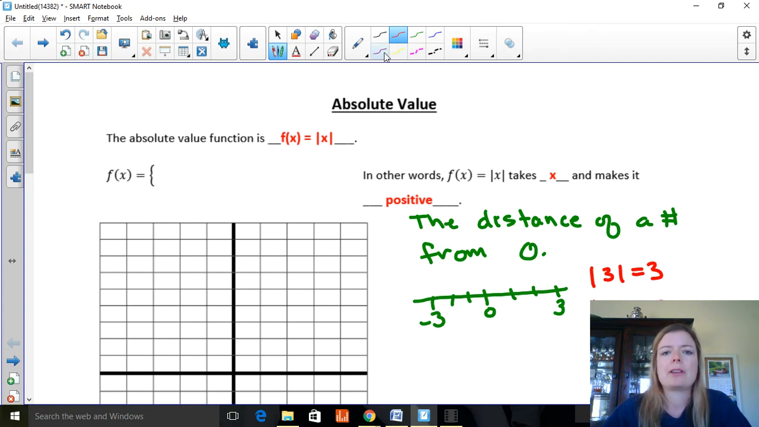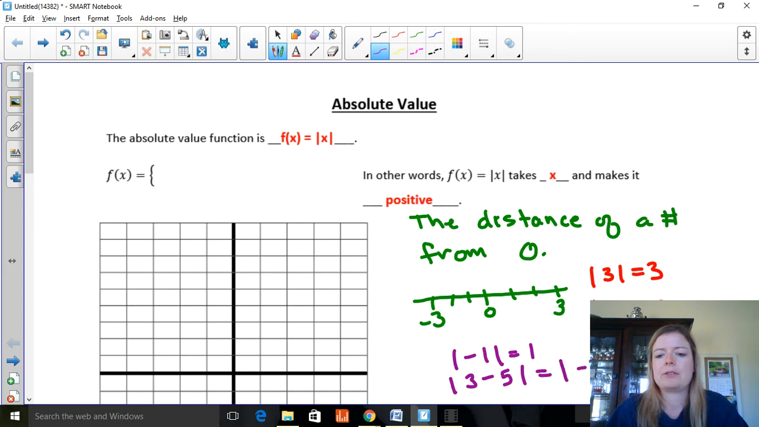So for example, what is the absolute value of -1? It would be 1. What is the absolute value of 3 minus 5? Well, that would be the absolute value of -2, so it would be 2. Another way of describing this in terms of a function is that if f(x) is equal to x,